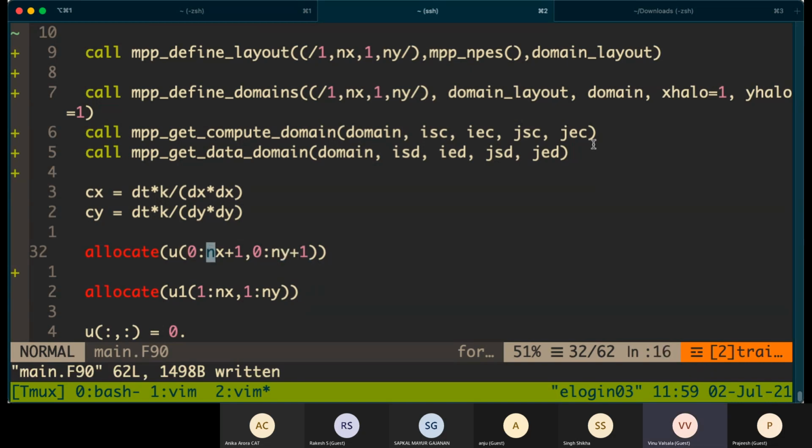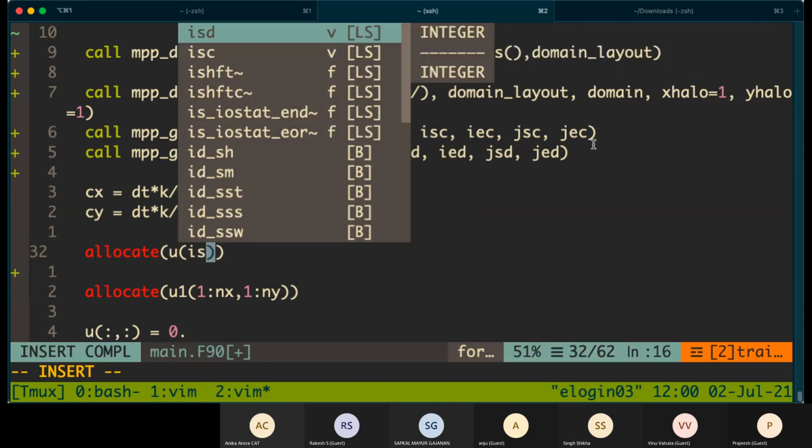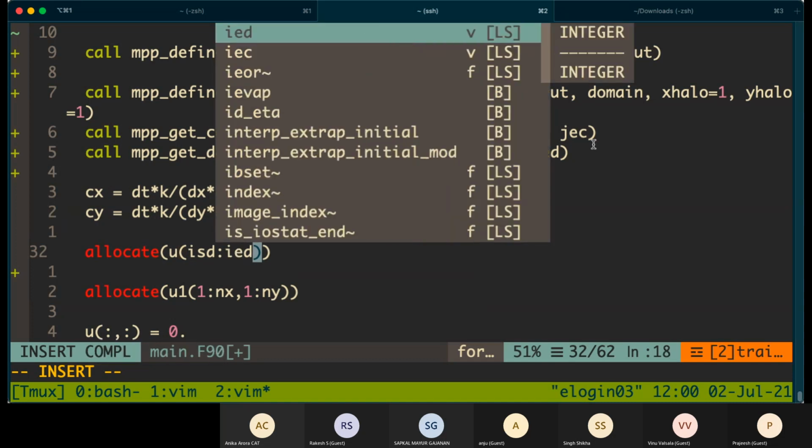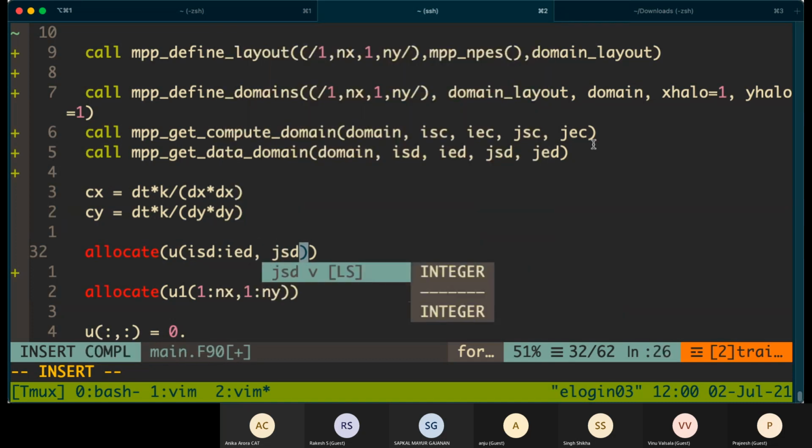So here, this variable contains this boundary also, right? So we are going to allocate this as ISD to IED and JSD to JED.